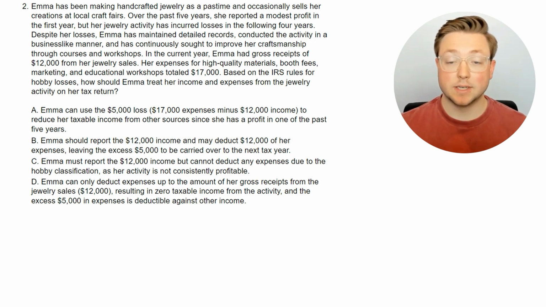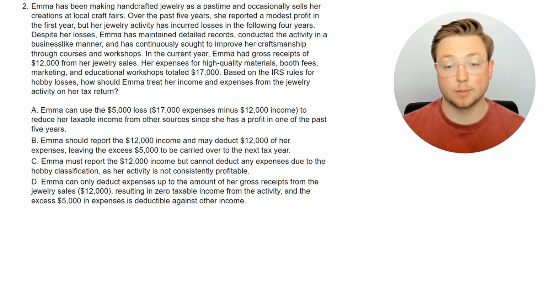Despite her losses, Emma has maintained detailed records, conducted the activity in a businesslike manner, and has continuously sought to improve her craftsmanship through courses and workshops. In the current year, Emma has gross receipts of $12,000 from her jewelry sales. Her expenses for high quality materials, booth fees, marketing, and educational workshops totaled $17,000. Based on the IRS rules for hobby losses, how should Emma treat her income and expenses from the jewelry activity